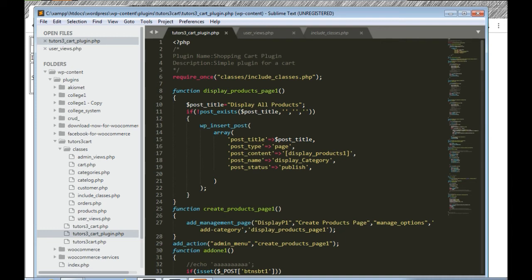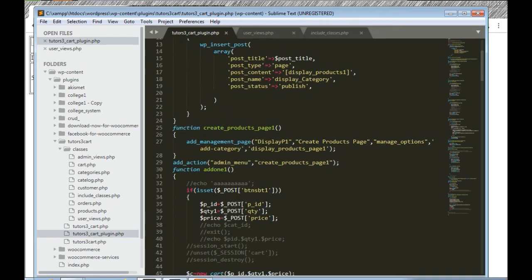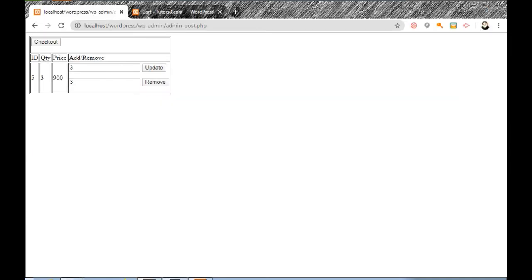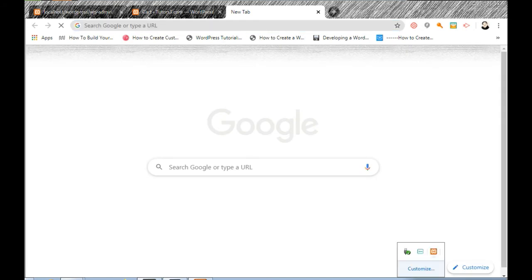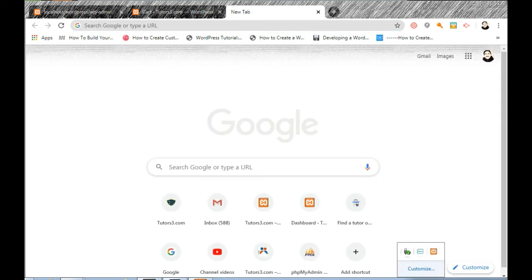This is the admin interface where we add the categories and products. So this is about the code. This is all about the code. Now we have seen the code. This will activate all the classes and activate the plugin, and this file should contain the plugin name, shopping cart plugin.